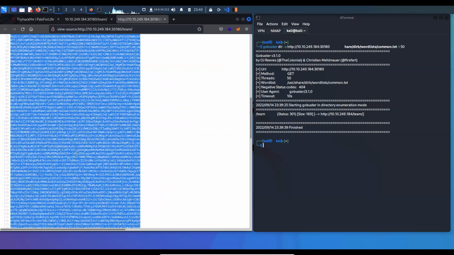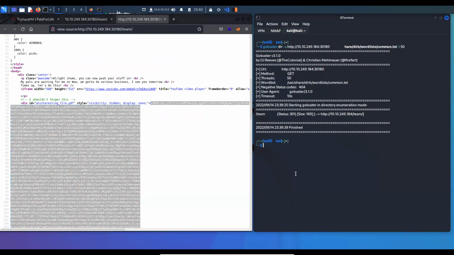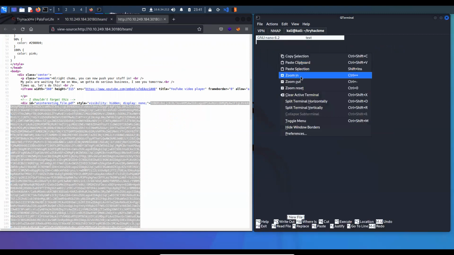I copied the encrypted text, and it says here "uninteresting file PDF." So there's a possibility that this encrypted text is for a PDF file. So what I will do is go to my empty directory, use nano to generate a file, call it text, and paste the